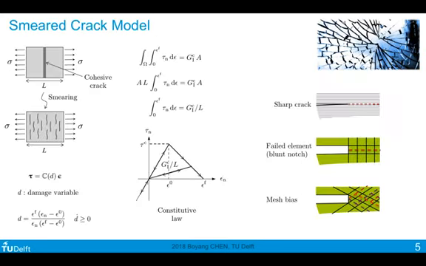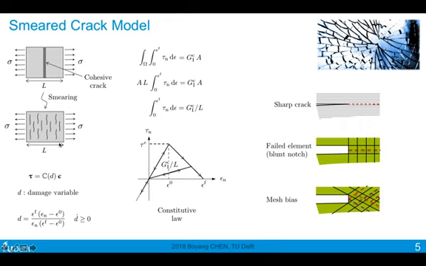And a workaround is to smear this cohesive element within the bulk element, such that we represent the effect of having this cohesive crack with the stiffness degradations on the constitutive tensor at the bulk element integration points.